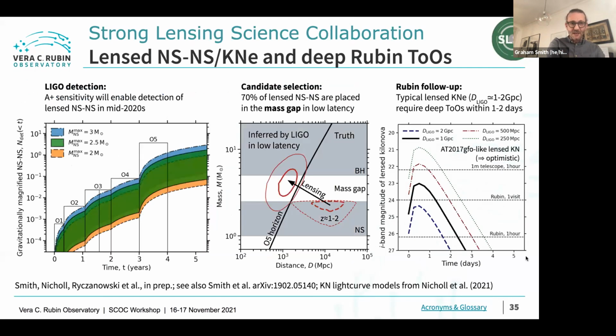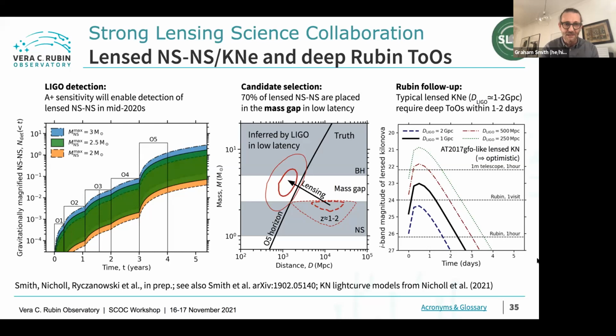So these are the key plots. There's a lot of detail sitting behind these, but you can basically see in the left-hand panel that as we enter O5 and then go beyond that with LIGO operating at A+ sensitivity, then for reasonable neutron star mass functions, the number of lensed binary neutron star mergers available to be detected are starting to bracket 1 per year. The main uncertainty, as you can see, is on the current rates inferred by LIGO. How do these objects present to the LIGO antennae?